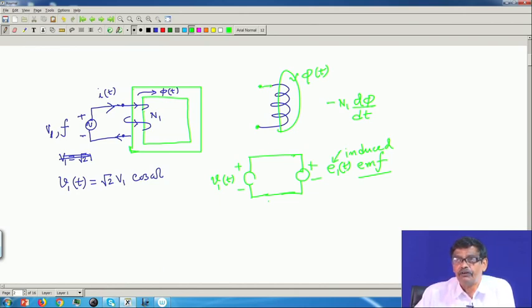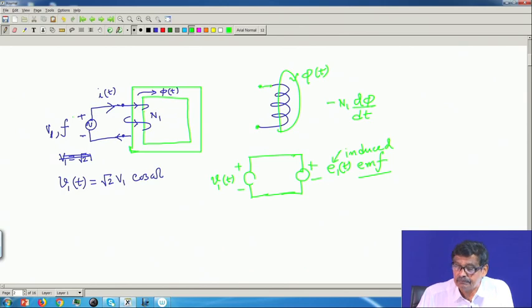What was the reason for flux existing and increasing? This current, it was increasing in the positive direction. So, it will try to reduce that value of the current. That was the reason. Anyway, after this I can say that in this loop the KVL equation is to be satisfied. Therefore, the applied RMS voltage must be equal to the RMS voltage of E1.